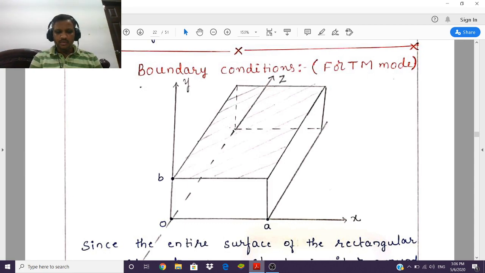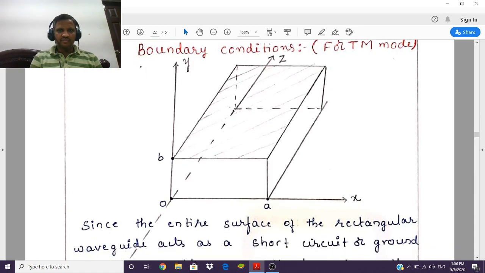As we know very well, for the transverse magnetic mode of analysis, Hz will be 0 and we need to find the solution for Ez. First, let us assume that the rectangular waveguide is kept in the direction of Z. Let us take x as the x-axis direction. It's three-dimensional, and here y and z should be in this direction. Because it's three-dimensional, I cannot show this rectangular waveguide fully here.